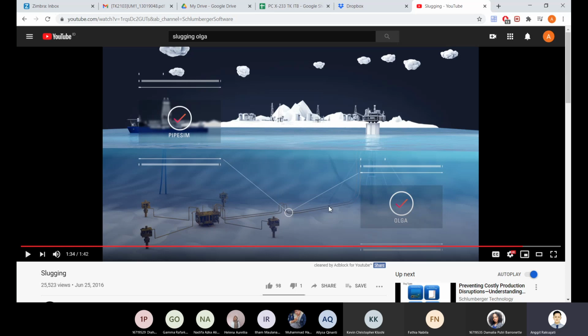Why? Because it's almost impossible to solve it manually using Excel. Too much time just to derive the mathematical equations. If you remember what I explained about the gas pressure drop calculation, it is calculated in a discrete way, not over the overall segment of the pipeline. Why? Because it changes dynamically for every 5 meters or every 10 meters. So it's a very complex and complicated mathematical calculation. That's why it's very expensive.